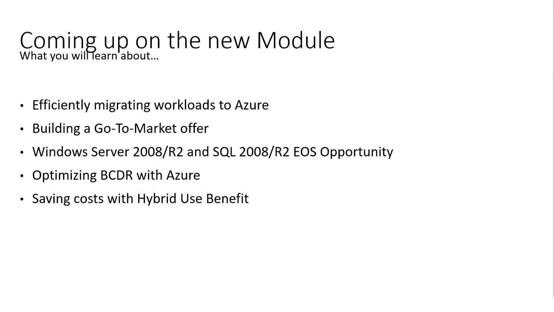Optimizing BCDR, so BCP basically, with Azure. With the whole COVID-19 scenario at the moment, I believe this is more relevant today than the end of life situation with Windows Server, so we'll talk into that a little bit. And then how to save costs with hybrid benefit and reserve instances. We will talk about hybrid benefit and reserve